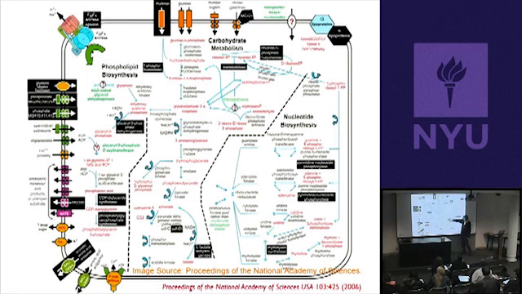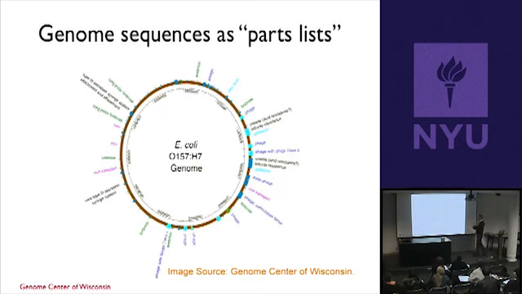And that allows us to generate these parts lists, right? And part of what we can do there then is say, well, if certain parts are there, then the organism is probably doing a very specific thing, right? So if I give you the sequence of the E. coli 0157 genome, and you find the genes in it, and you say, okay, I see iron transport, I see these toxins, I see those syringe proteins, I know this is something pathogenic because it has those proteins encoded in its genome, right? So this is something we can do in general. We can just look at DNA sequences and learn something about the organism from which those sequences came.